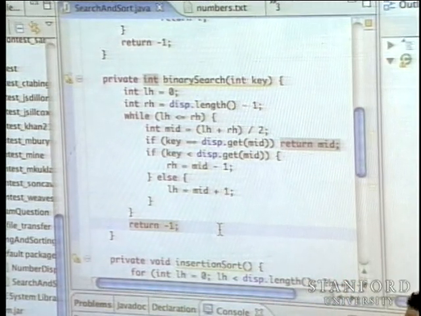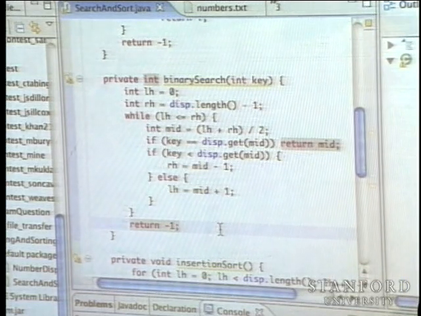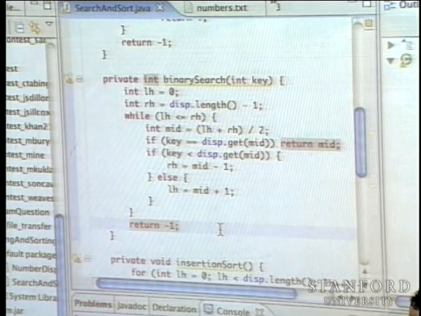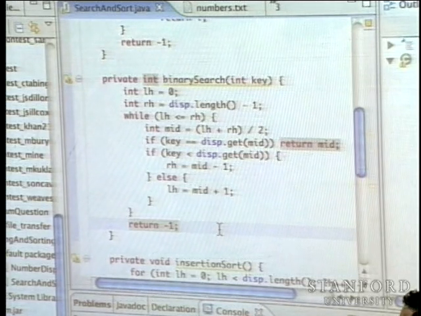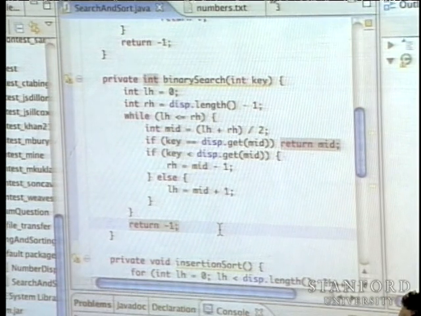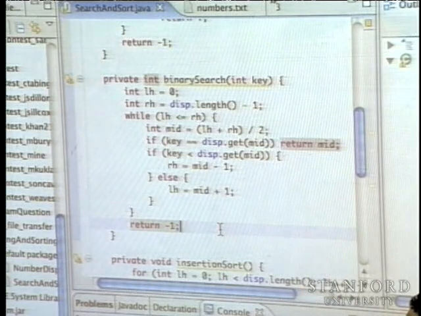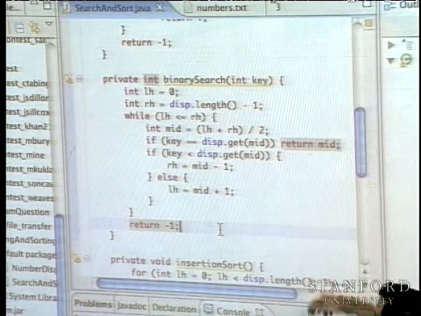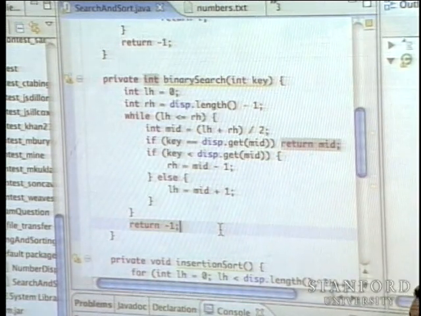And so you may already be able to anticipate that we're going to move these in closer and closer to each other until they identify an array that has only one element, or potentially 0 elements, in which case we would decide that we were not able to find the element that we were looking for, right? So we're going to do this halving procedure until LH and RH have collided with each other in some sense. And the idea of getting the middle element is captured by this next line here, where we take the average of left hand and right hand.